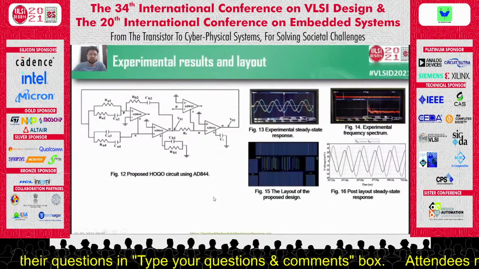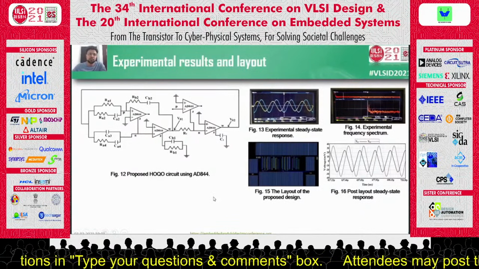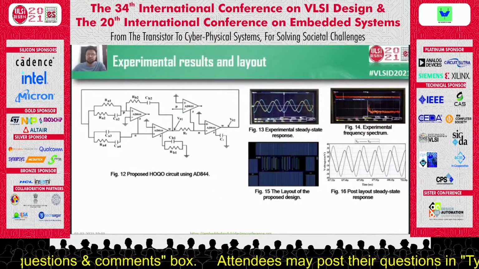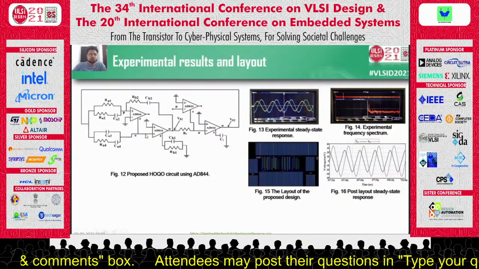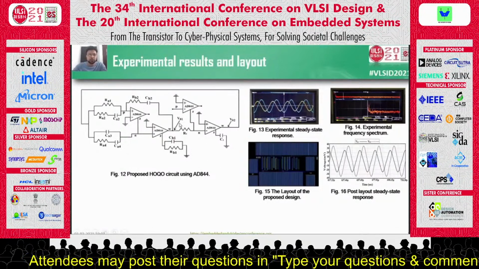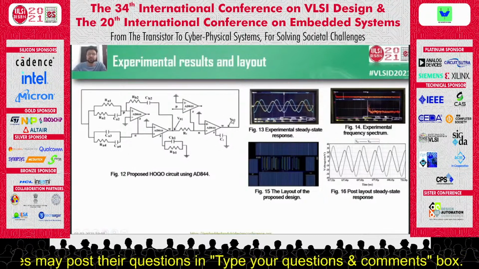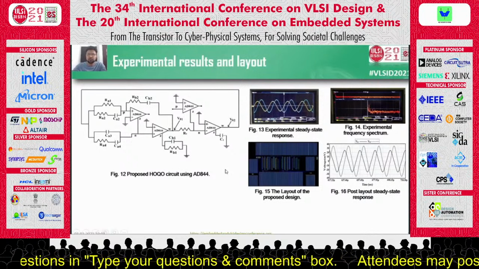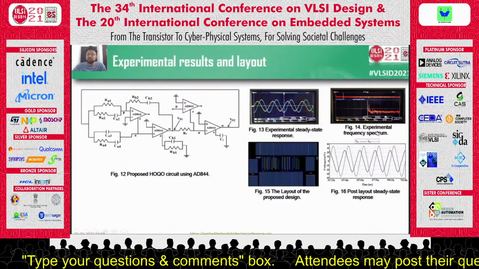So these are the experimental results. For the breadboard verification, the proposed circuit is designed using the commercially accessible IC 8844AN. Here, 4 8844 ICs have been utilized. This is the terminal V01, this is V02. Figure 13 shows the experimental steady state response of V01 and V02, and figure 14 shows the experimental frequency